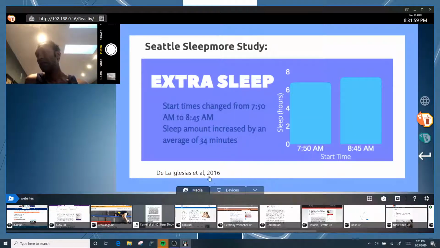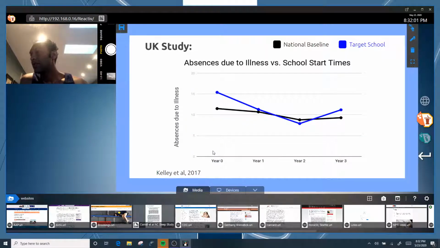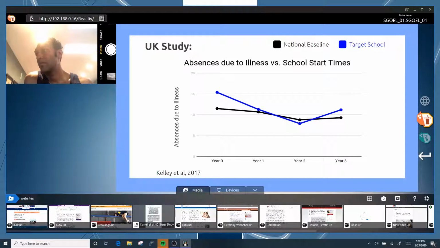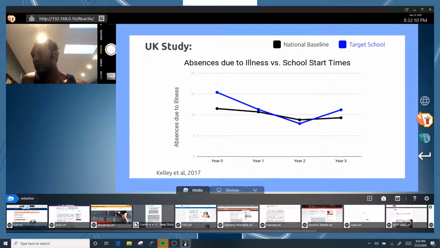Perfect. Yeah, he speaks very well. So you want to talk about the second study? Yeah, so the next study took place in the UK. Basically, in the first year, which is year 0 here,